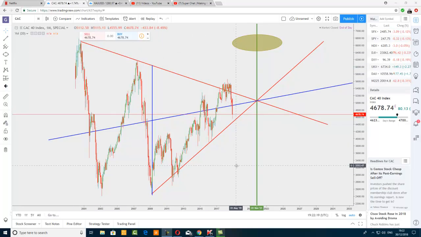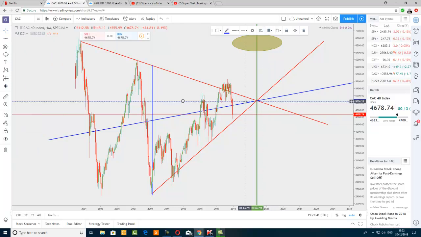Anytime we have a triangle, we must draw the median line. That's the blue line here. Now what I did here, I just drew it roughly. Sometimes you get it accurately. Sometimes it will be difficult for you because a lot of traders at this point in time see the triangle like this. You can still draw. Most traders will draw only the horizontal line. But the real median line,